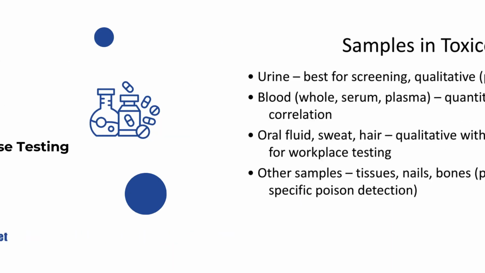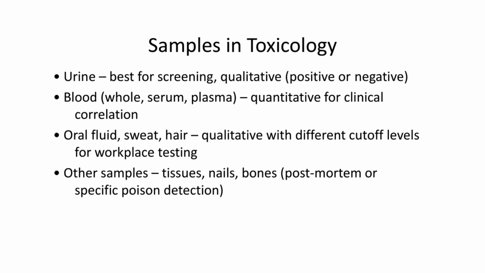Toxicology begins with understanding the types of samples that can be used for testing. Urine is the best specimen for screening purposes. It is used qualitatively, meaning the results are simply positive or negative. Blood samples, whether whole blood, serum, or plasma, are used quantitatively to measure levels for clinical correlation with impairment or